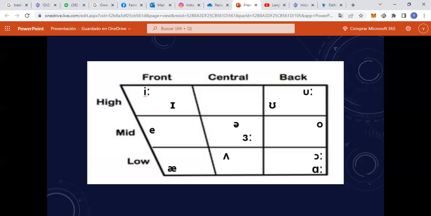chew, room. Now, in comparison, the relaxed U is a middle sound between the tense U and the schwa. We need to think about it as in buck, foot, look, pull. And if we move down the chart a little bit more, we have the O sound as in daughter, law. If you think of this sound in isolation, typically spelling patterns that represent the sound are AW, like tall, fall, or